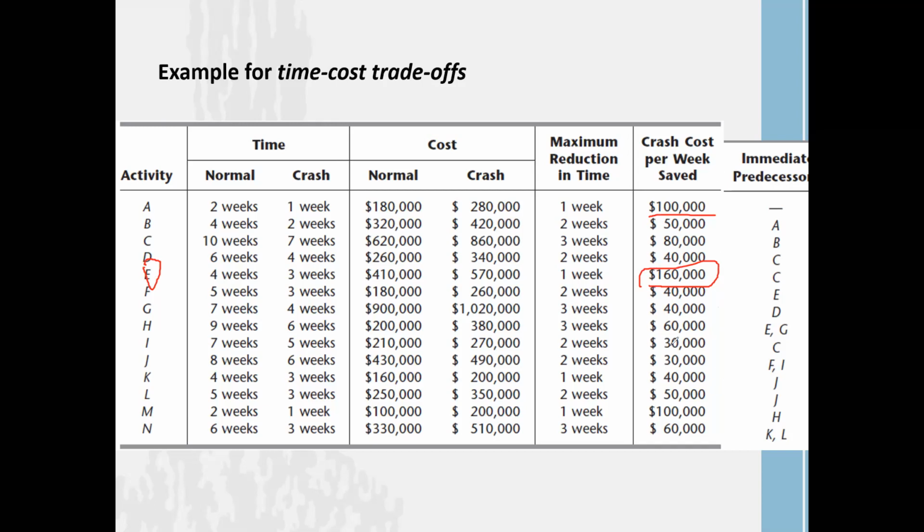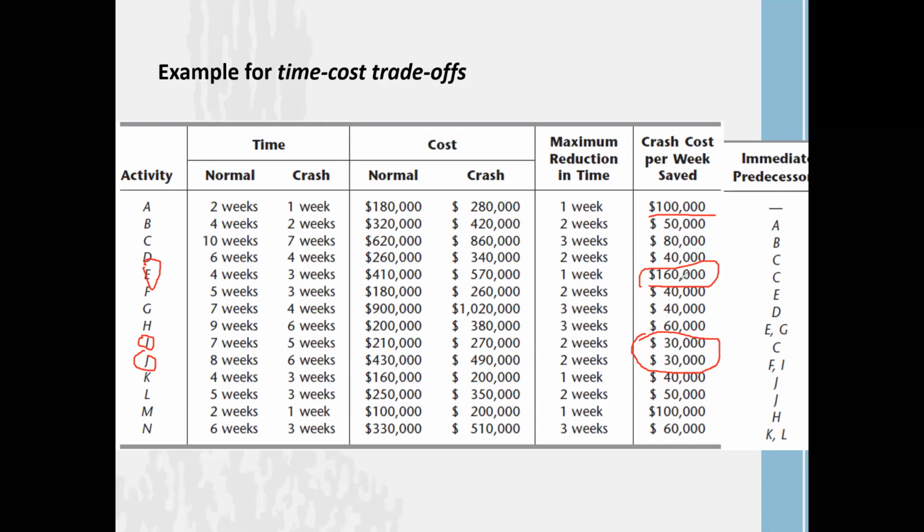All other things are lesser. And you can see from here, 30,000 is also there. That is the lowest amount. What are those activities? Activity I and activity J, right? Even if you try to reduce activity I by 1 week, you are only consuming $30,000 as an additional cost per week. If you try to reduce activity J by 1 week, you only consume $30,000 per week of reduction, right? You can see that when comparing the other activities' crashing cost per week, the crashing cost per week of activity I and activity J is much lower. Then what would be your decision as a project manager?